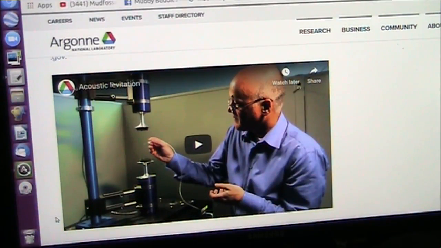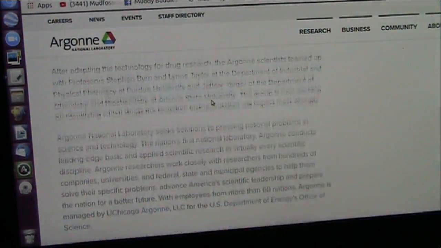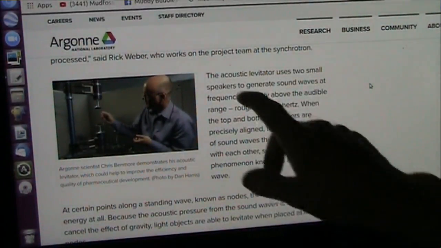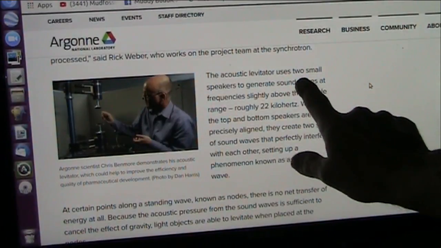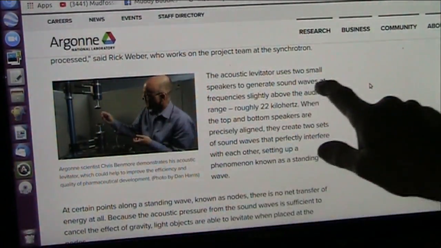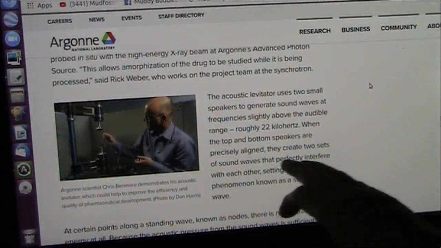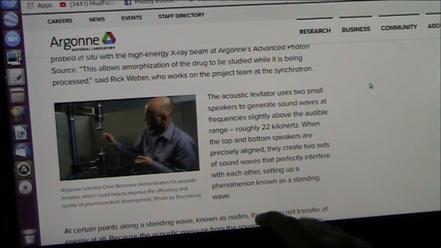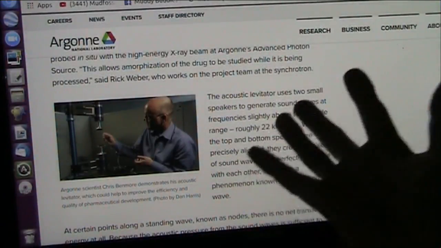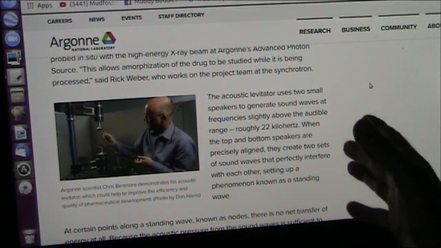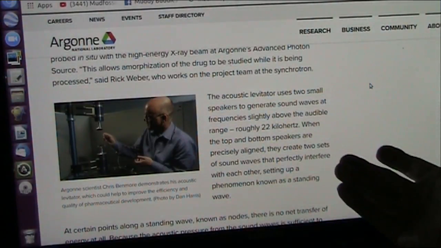All right, so here he goes. Now, this is Argonne National Laboratories. Before we do it, let me just explain to you what is going on. Oh, here we go. Now, the acoustic levitator uses two small speakers, one on each of the top, to generate sound waves at frequencies slightly above the audible range. So it's very, very low frequencies, roughly 22 kilohertz. When you think kilohertz, oh, that's a lot. No, it isn't. They're very, very